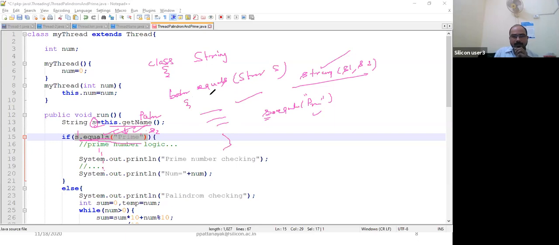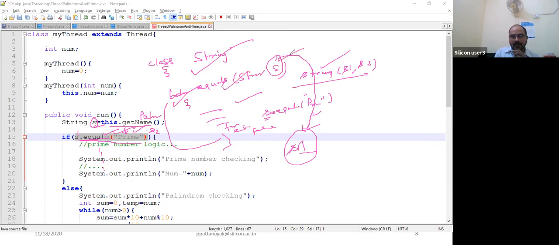Suppose I am invoking this function through a string s1. So s1 is a string, s is a string, and it will compare s1 with s. If they are equal, it returns true, else false. You check whether these two strings are equal. This is how it is being written. This function is written inside the string class, so as it's a function inside the string class, it must be invoked by an object.